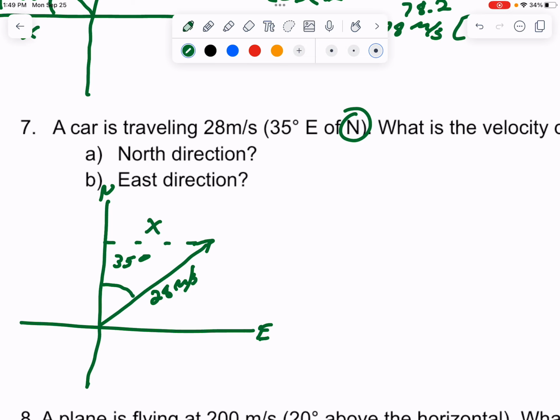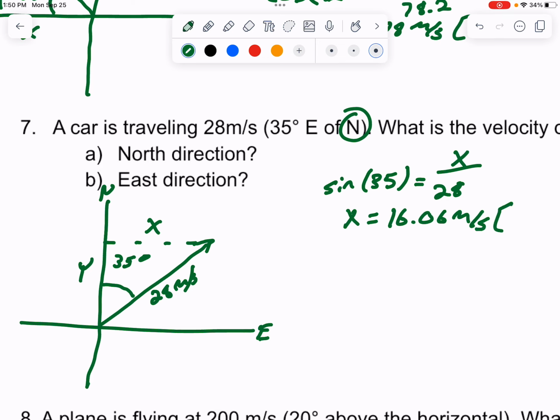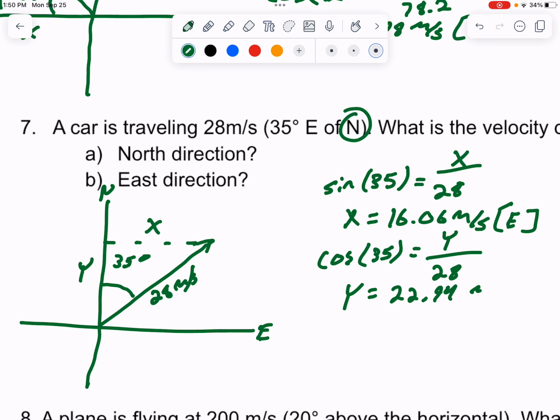So x is going to be my opposite, y is going to be my adjacent. So sine of my angle, which is 35, equals my opposite, so x over my hypotenuse, which is 28. So multiply both sides by 28. You get 16.06 meters per second, and that is going east. So cosine of 35 is going to help me find my adjacent, which is y, over 28. Multiply both sides. Should get a y value of 22.94 meters per second